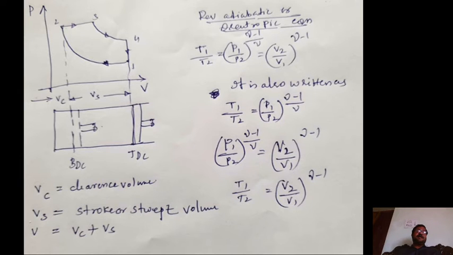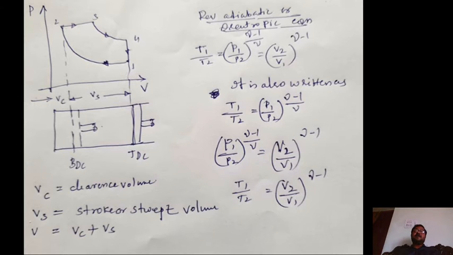Burnt gases are essential for the ignition purpose. Okay, so that burnt gas is very much essential. It has its own advantages. That's why the clearance volume will be there for all the engines, all the piston and cylinder arrangements. So the clearance volume is this much. Vs is the stroke volume. This length is called the stroke length. This volume is called the swept volume or displacement volume. This Vc plus Vs is equal to V, the total volume of the cylinder.